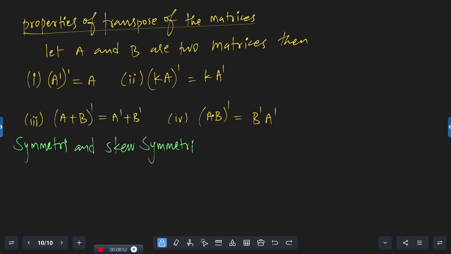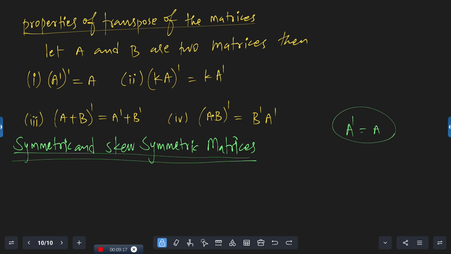So next topic we are moving to: symmetric and skew symmetric. The definition is very simple. Symmetric means when you take the transpose, if you get the same matrix,